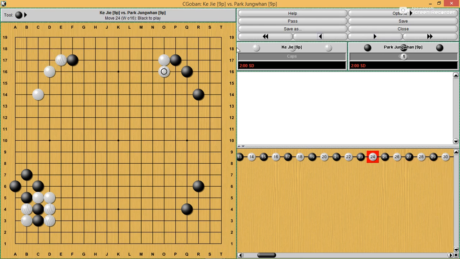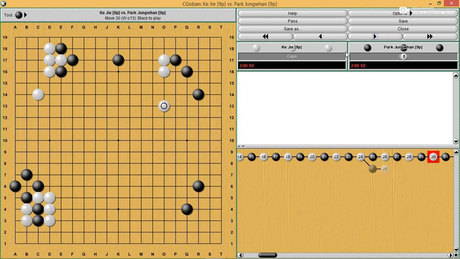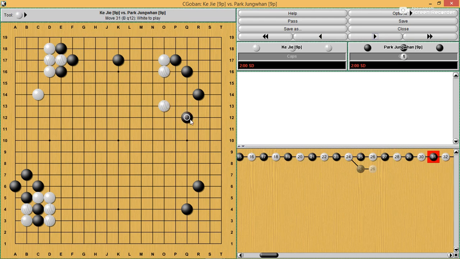So usually you want to stand up because there's still aji in the corner. But once you do these hanes and ataris, you can see white's very solid here. But if black were to just stand up, white would get the first move on the upper side, which means white's getting a base and black's still floating. So black made sure that he would get the important move in the middle. White 2-space jumps, black plays, and then black plays to defend the ladder here, the attachment. So yeah, pretty,